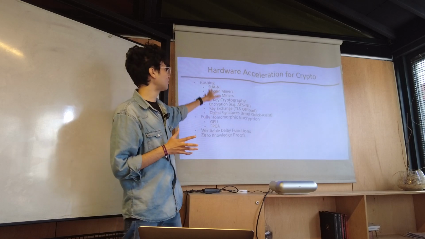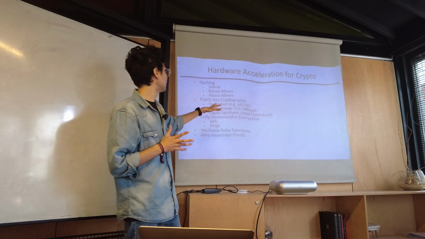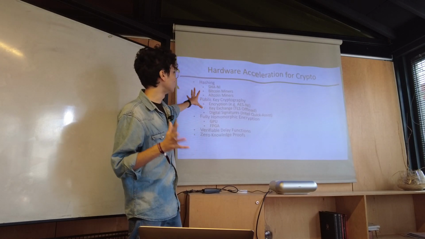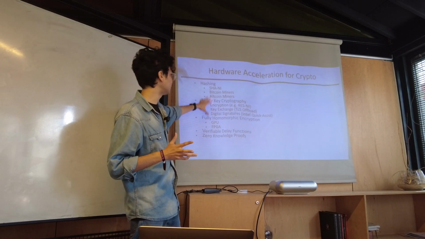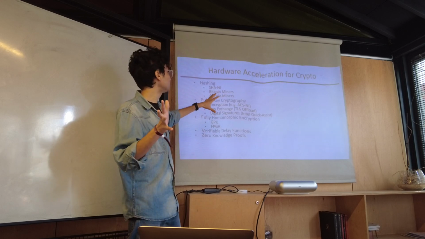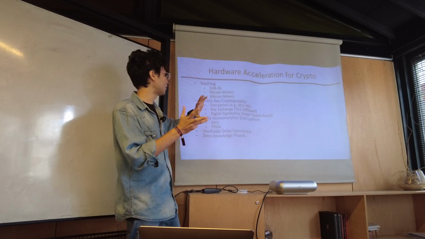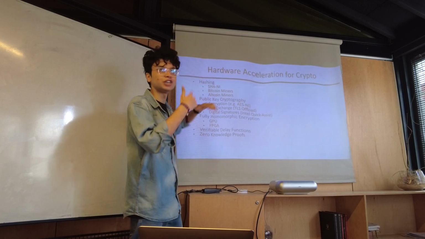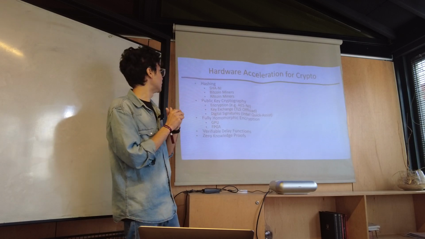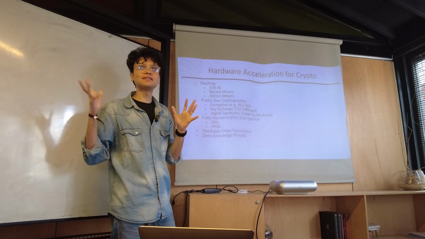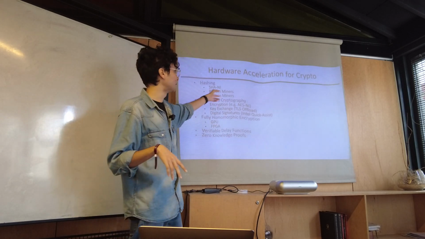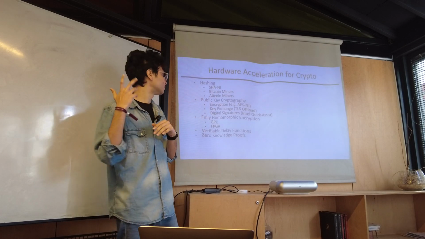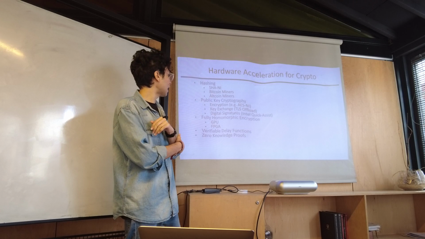So traditionally, this is what hardware acceleration for crypto has looked like. Traditionally, I think two areas have been of most focus: the hashing and the encryption, right? So every chip these days has dedicated hardware for running these AES encryptions and doing SHA-based hashes, right? But I think the most famous hardware accelerator that everybody has heard of is the Bitcoin mining rigs, right? So billions of dollars have been spent on creating these Bitcoin ASICs, right?